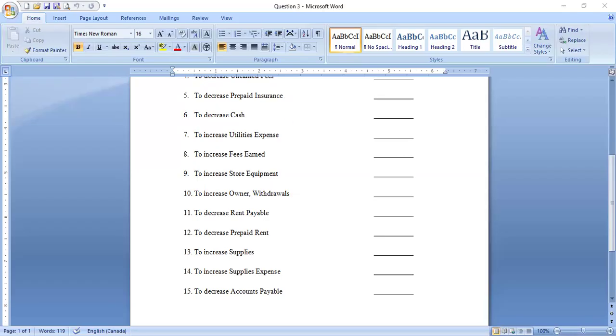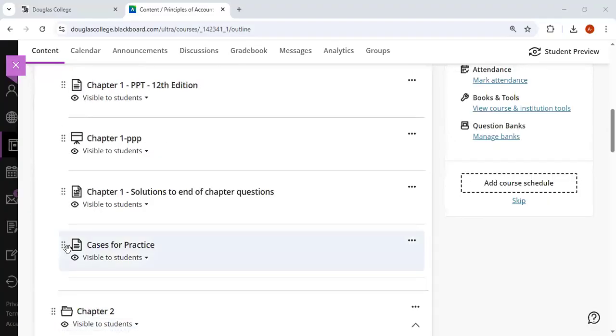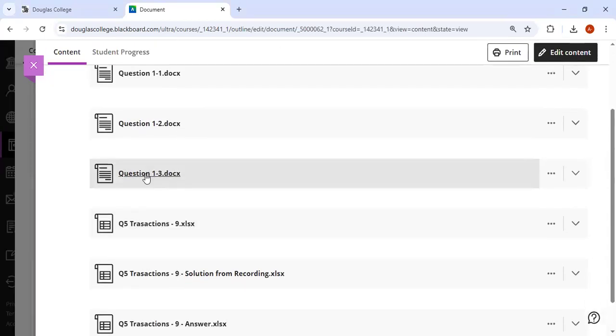So let's go with another question. Let's see what I have. What else do I have as a question for you. Let's go back to Blackboard and use one of the questions on Blackboard from chapter 1. I saw in chapter 1 we have one interesting question there. So what I want you to do is go back to the contents on chapter 1, the case for practice, and go to question 3,